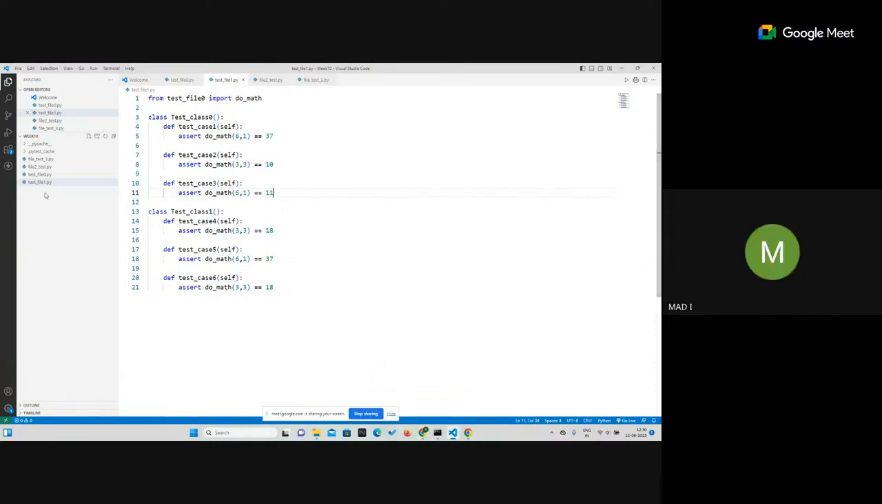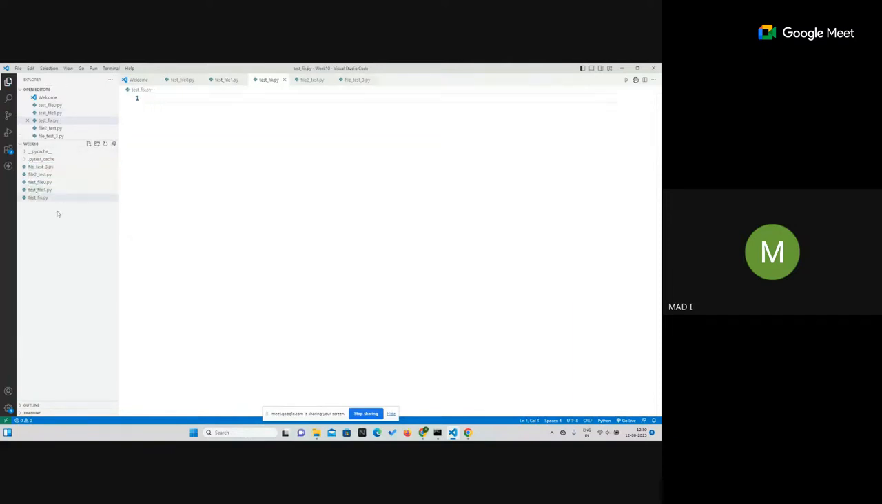Okay, now what we'll do is create another file. Since I want this file to be collected, I'll write its name starting with test: test_fix.py. So why fix? Because we are going to study what fixtures are. It is a very simple thing. Fixtures are basically